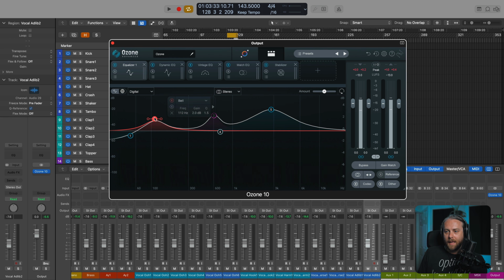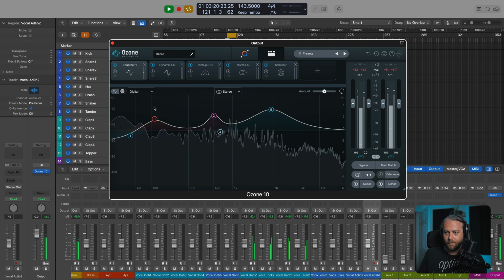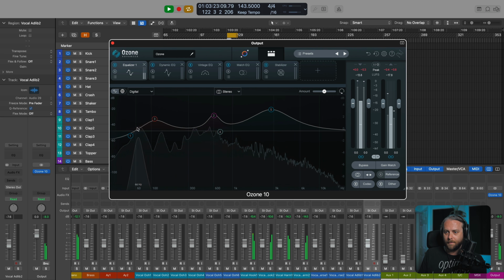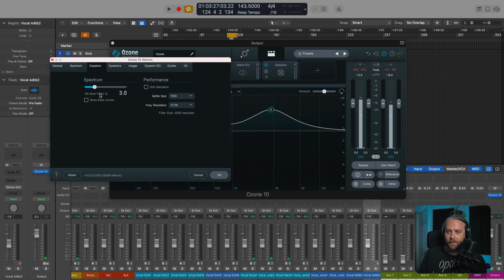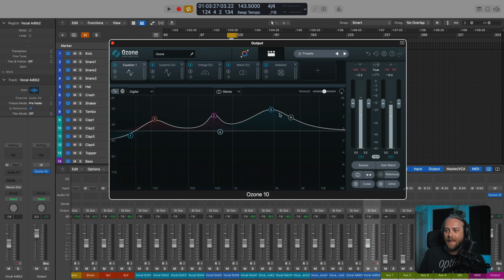Okay. Heads up display, frequency, gain, Q. If you want to change the Q, just grab on these little handles and you can see the numbers change there as I move in and out. We can also solo things from here. I should mention that if you want, you can hit Option and you get a bit of a flashlight solo on the spectrum. And if you want to change the width of this solo, go to the gear, go to equalizer, and you can change the alt solo filter Q from 3 to something else, okay? So that is, in a nutshell, the EQ.